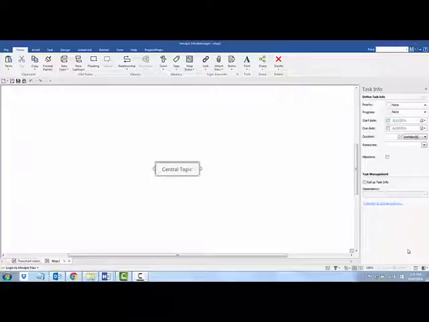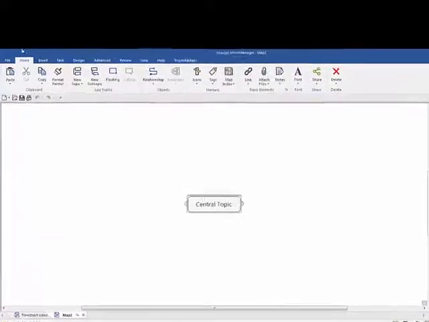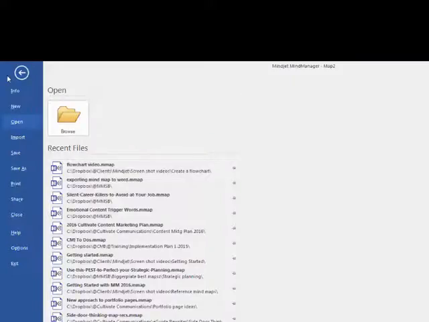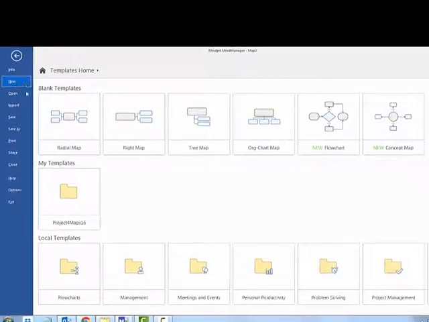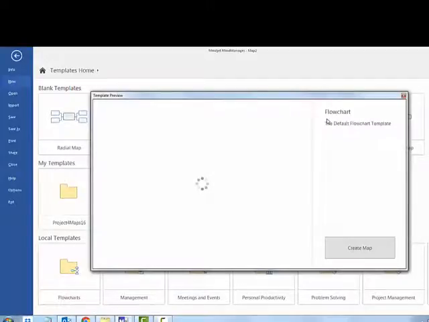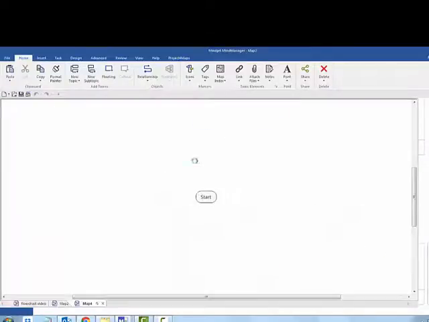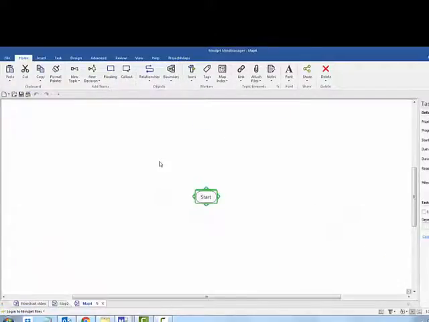So let's get started. To create a flowchart, open the File menu and select New. And this is our Templates page, and here under Blank Templates we're going to select New Flowchart. That's going to give us a little preview, and we just click Create Map, and that opens a new file